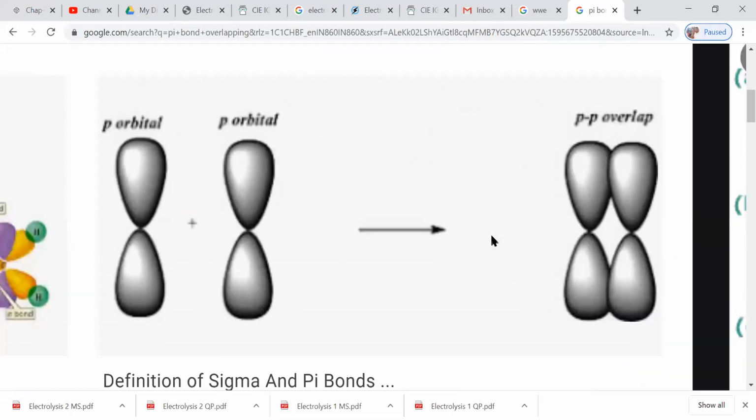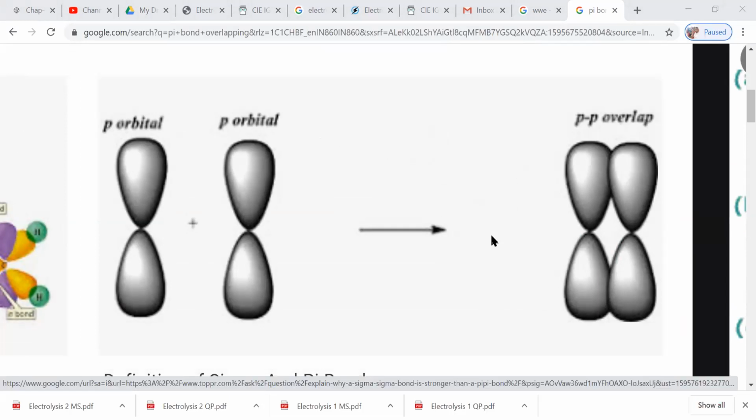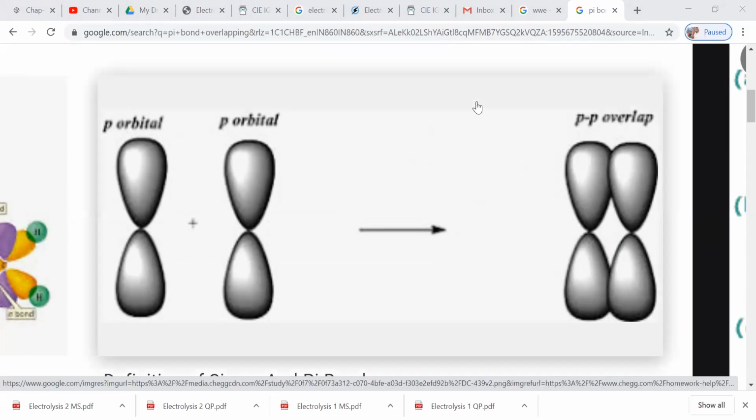So this is the kind of figure which I want to draw for you. You can just copy down from this. Once you have drawn this, let me know. This is the diagram which I wanted to draw actually.